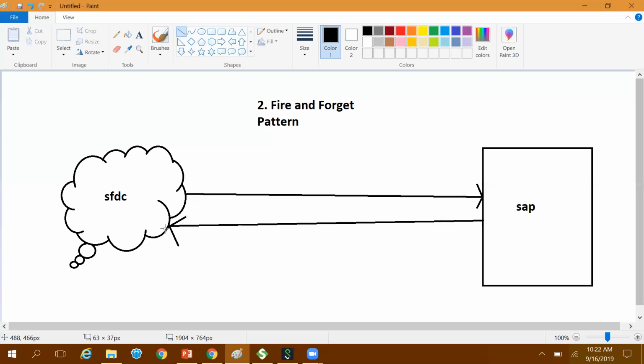There are again two scenarios. Sometimes the source system wants the response but not immediately. That is one scenario. And sometimes the source system doesn't want the response itself. It just wants only the acknowledgement. So generally in real-time use cases, what happens is,